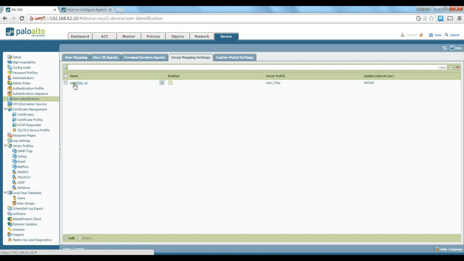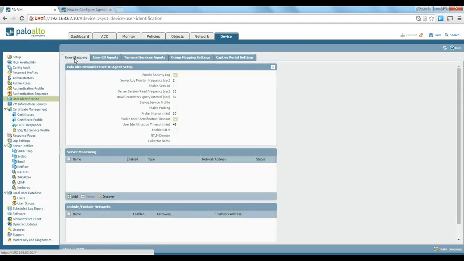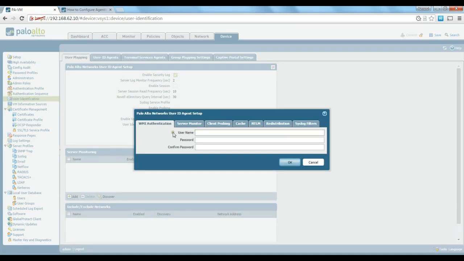So the server connectivity we tested here. What you have to do here is, on the User Identification tab, User Mapping, select the edit icon on the top right. You see we have the WMI authentication in there, so we just type our